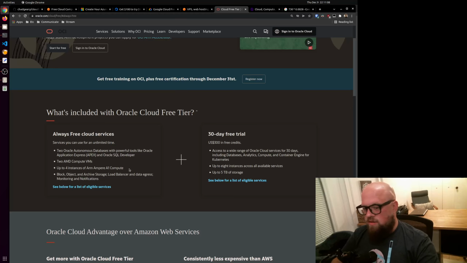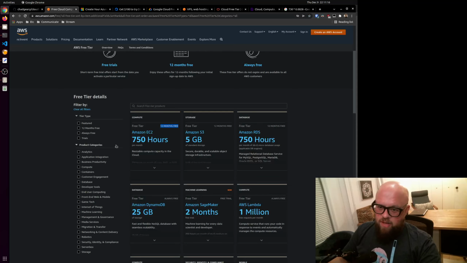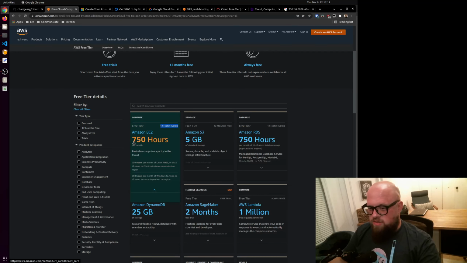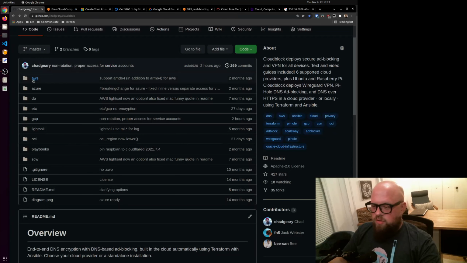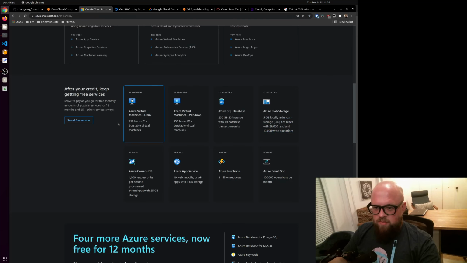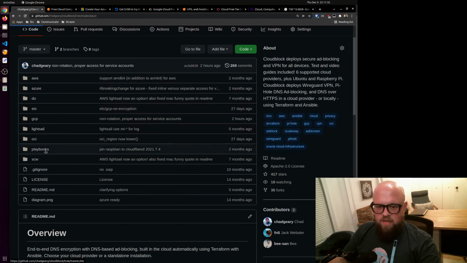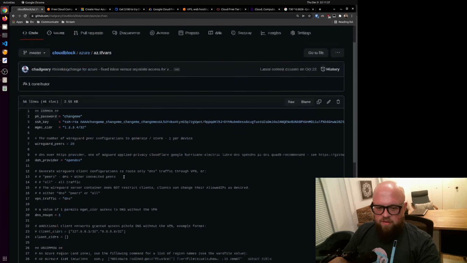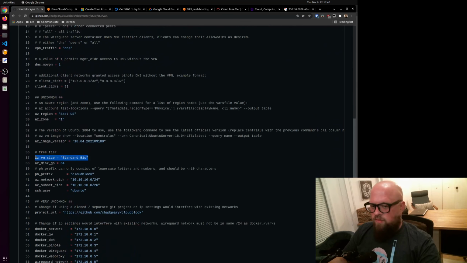It's really nice. And the defaults for all of these cloud providers, so for example, if we go back to this, even though you only get it for 12 months, there are people that still want to use AWS for Cloudblock or Cloudoffice, and you see how it's got a T3.micro instance there. If you were to go into the variables file, or like Azure, was that B1S, right? B1S, burstable virtual machine. If you look at the Terraform variables file, we deploy a B1S, unless you change it. So all the defaults kind of tailor to these free tiers.